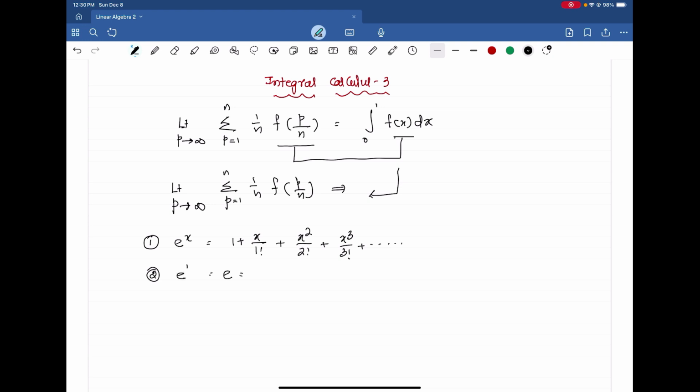What is the value of e in the form of series? 1 plus 1 by 1 factorial plus 1 by 2 factorial plus 1 by 3 factorial and go on. This can be written as 1 by 0 factorial, 1 is nothing but 0 factorial is also 1, plus 1 by 1 factorial plus 1 by 2 factorial plus 1 by 3 factorial. We can write like this, which implies e is equal to